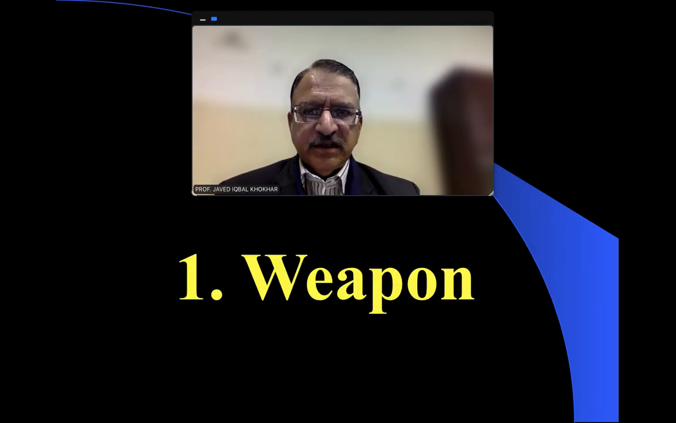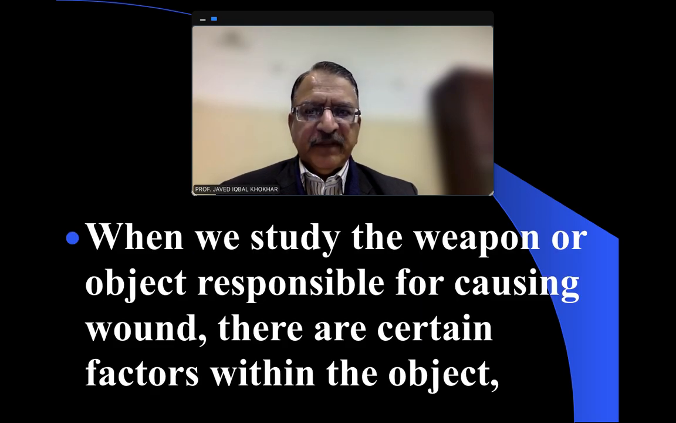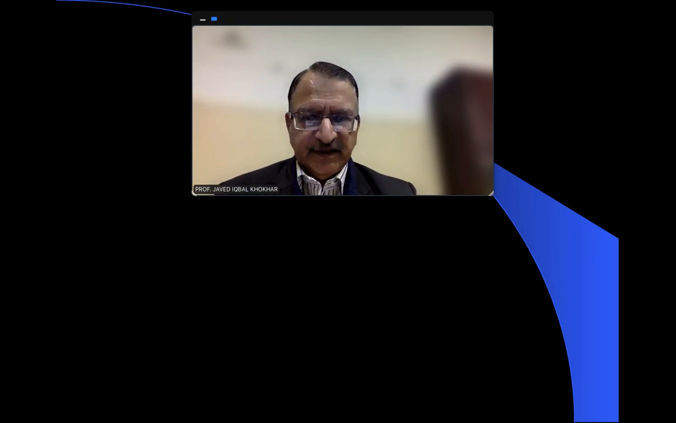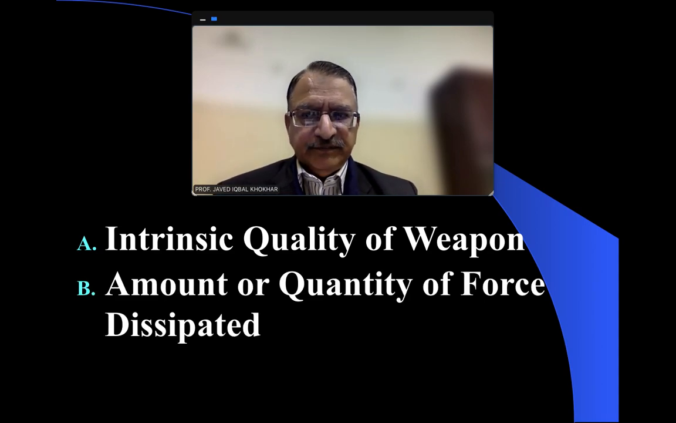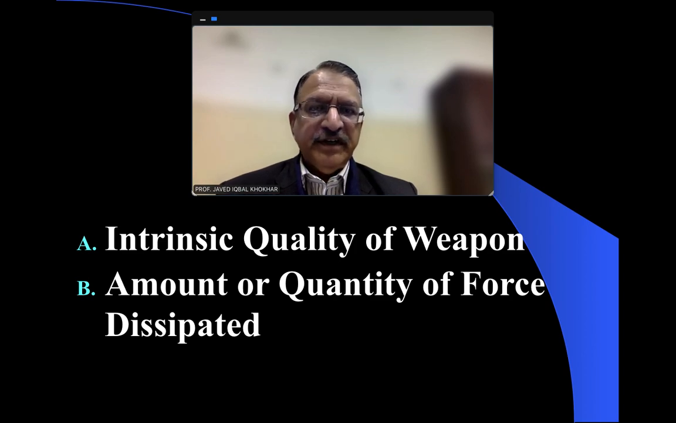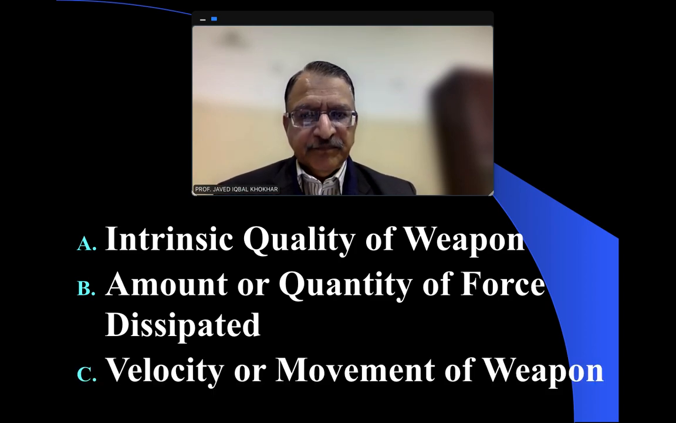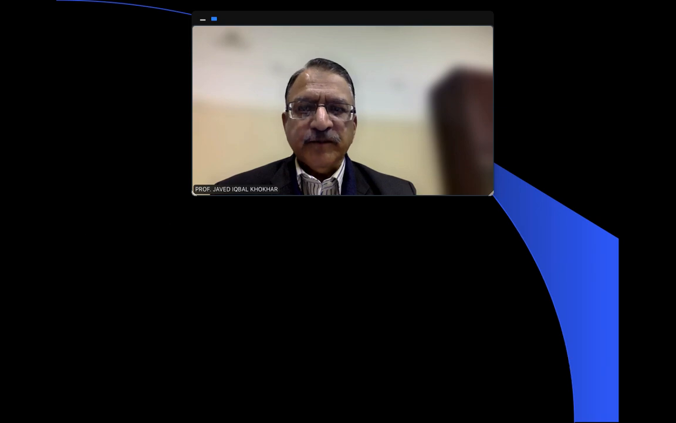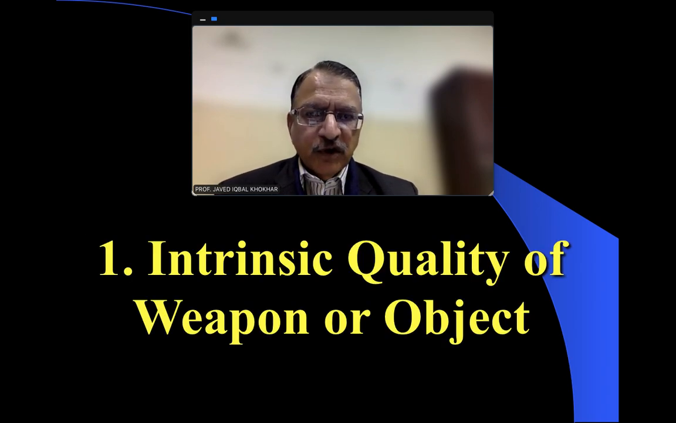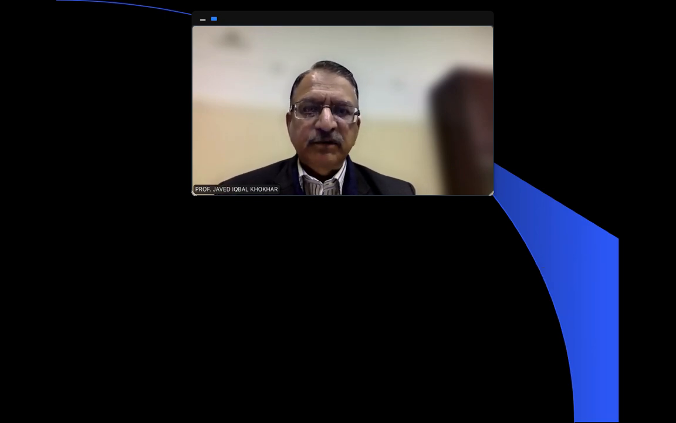So we'll discuss the first factor, the weapon. When we study a weapon or an object which is responsible for causation of the wound, there are certain factors within that object: the intrinsic quality of the weapon itself, the amount or quantity of force dissipated, and the velocity or movement with which it was used. Now, when we talk about the intrinsic quality of the weapon or the object itself, which is responsible for causation of the wound,